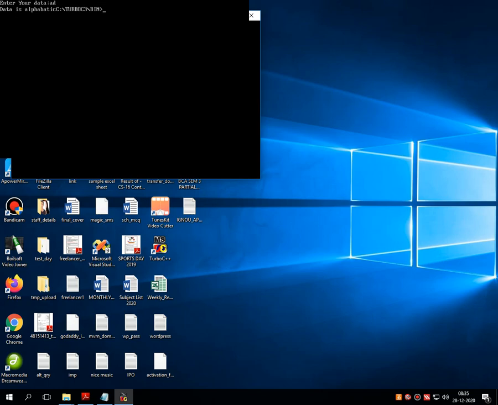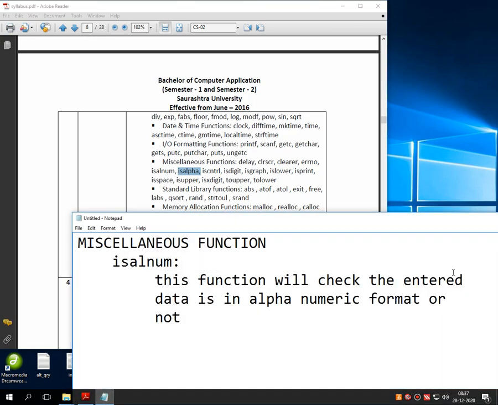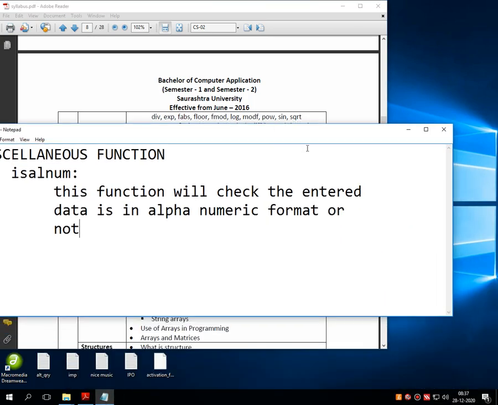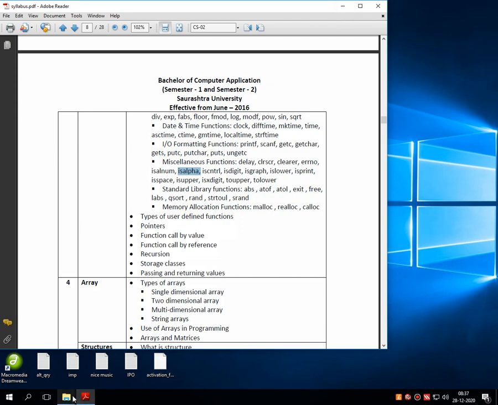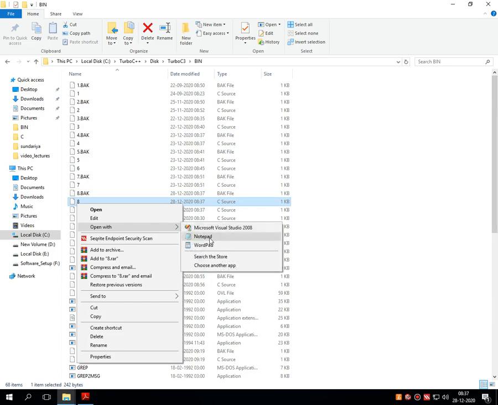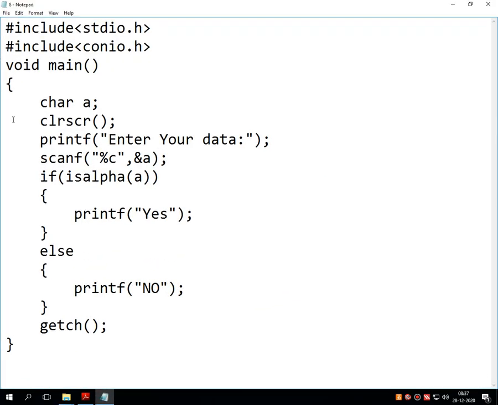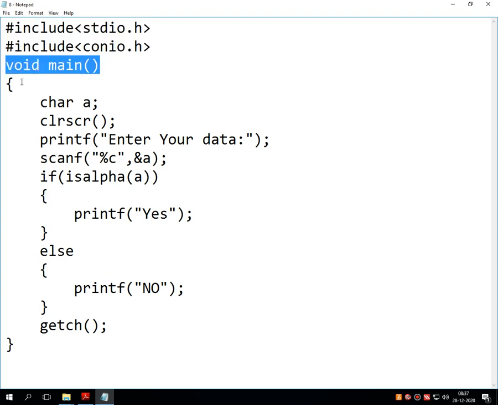Now let's see this particular program in Notepad for better visibility. Let me close all the miscellaneous texts. The program that I have written is 8.3. This is the code. After writing the necessary library function, there is a void main.